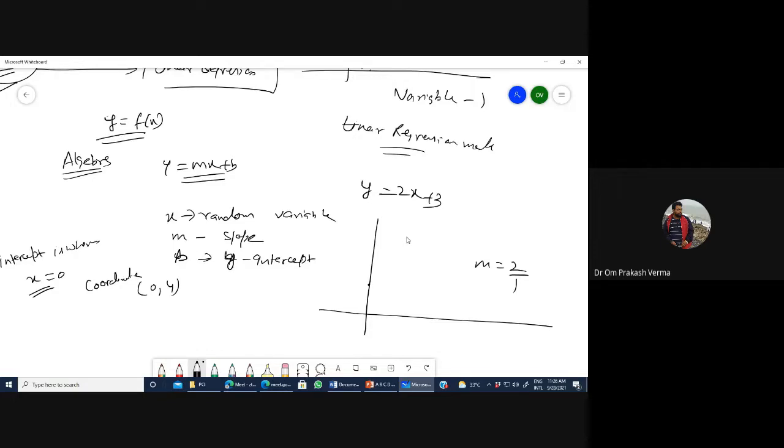So the point is 0 comma 3, right? And when you put x equal to 1, y will be 5. So you can draw this line here, and you get this type of line.